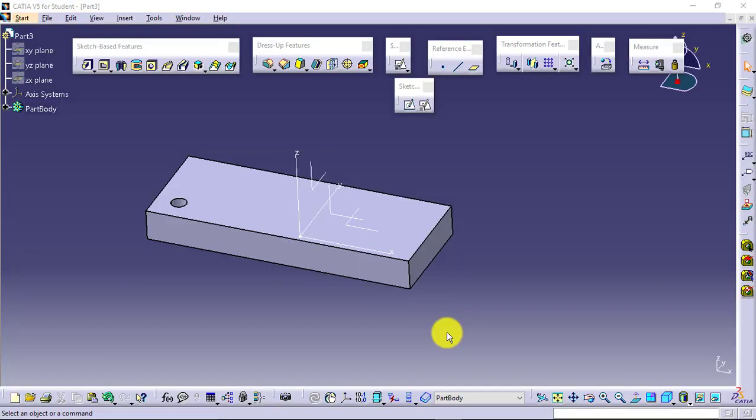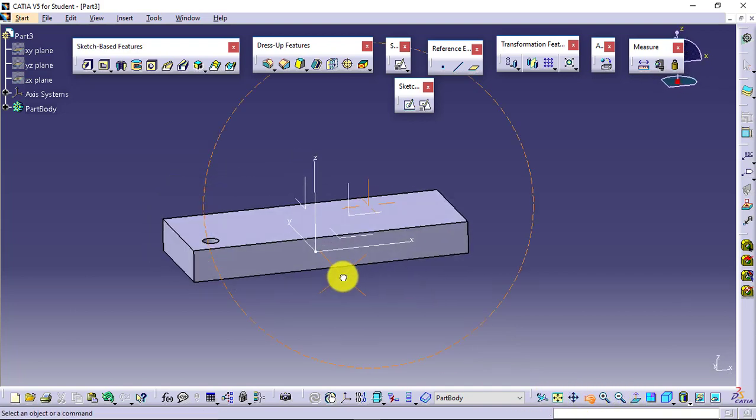Let's continue with transformation features. We have already seen transformation features once before, in the sketcher environment, where we were transforming the sketches we had created. We have seen the transformation features for moving as well as copying with or without constraint. If you want to move or copy your sketch with or without your constraints, then we can use the transformation feature